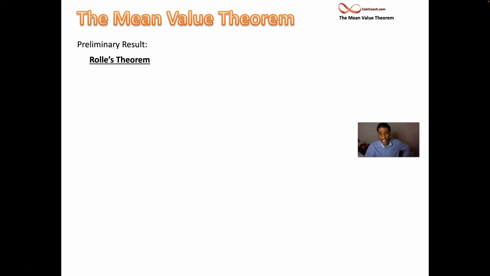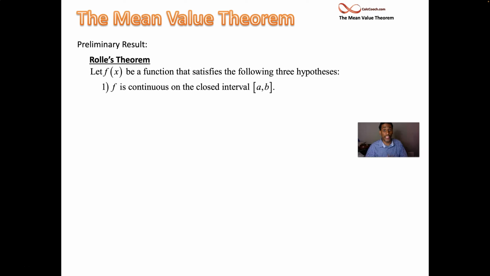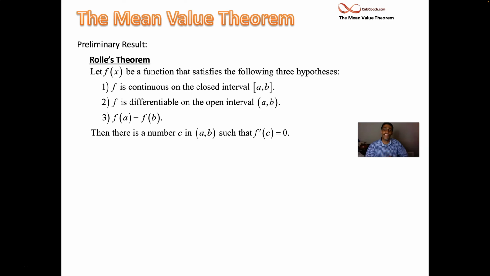The preliminary result is called Rolle's theorem. It says the following. If you have a function f that is continuous on a closed interval [a, b], and differentiable on the open interval (a, b), and one more thing, f(a) equals f(b), the y values are the same at the endpoints, then you can conclude that you'll have a zero derivative someplace inside that interval. There exists some c value, maybe more than one, at least one for sure, where your derivative will